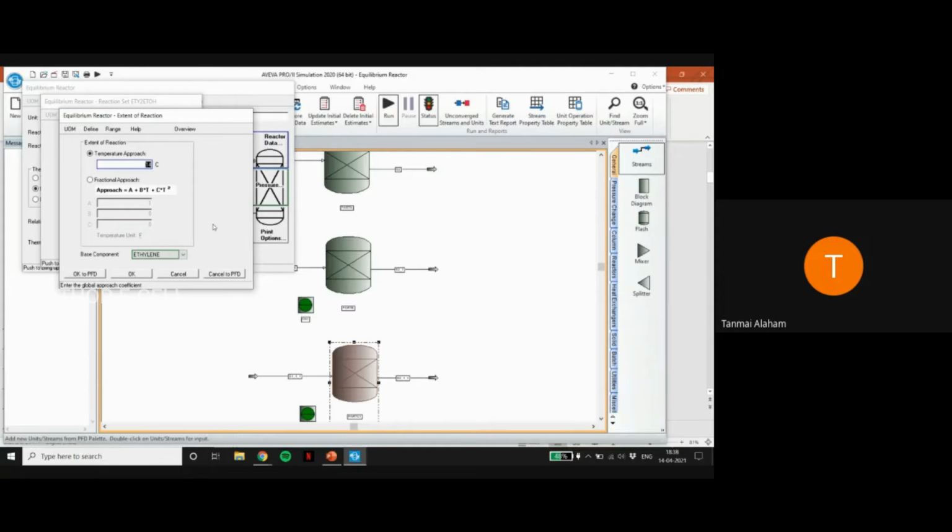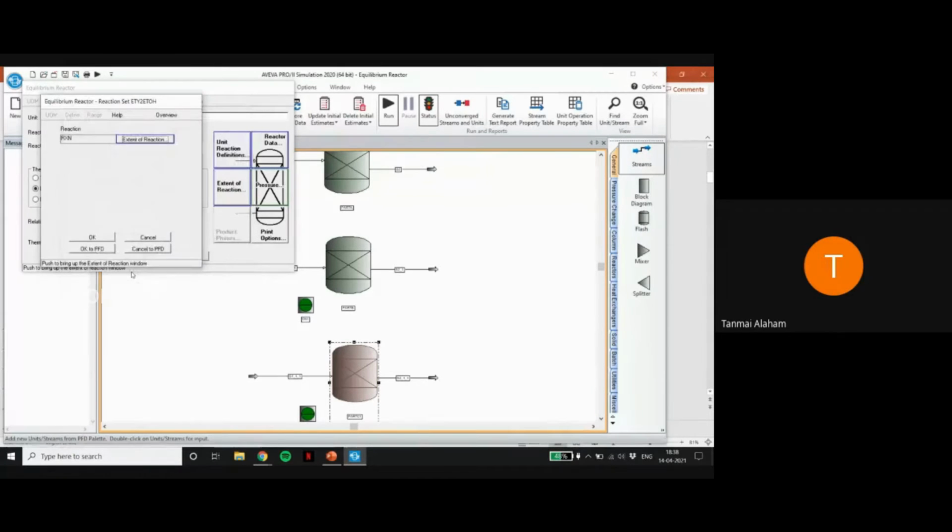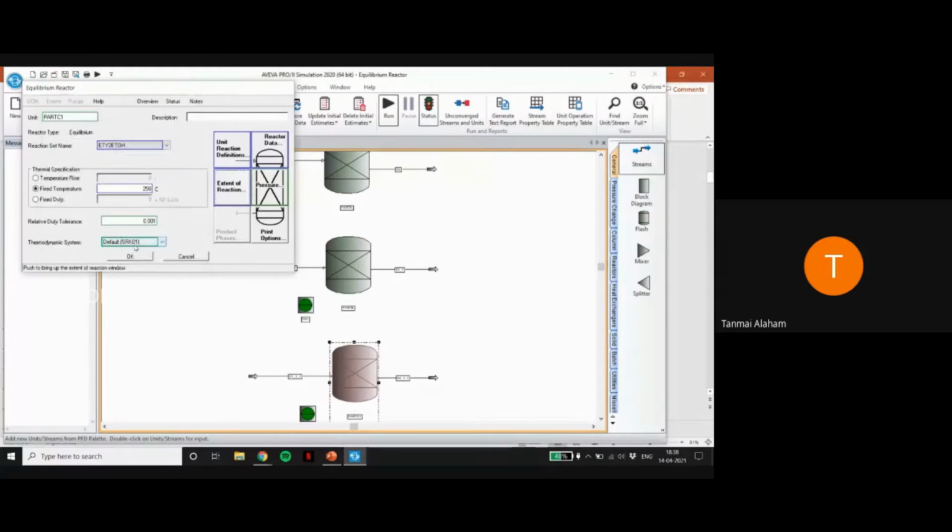So the temperature approach here is 14 degrees, because in the first problem statement we saw that the reactor was fixed at 250 degrees, but after 80% conversion it increased to 264. That is, the temperature increased by 14 degrees. So you put 14 degrees as the temperature approach and you run it, and you basically get the same conversion back. So that's what we're doing. We're reversing it basically to get the same conversion. Otherwise, you can either